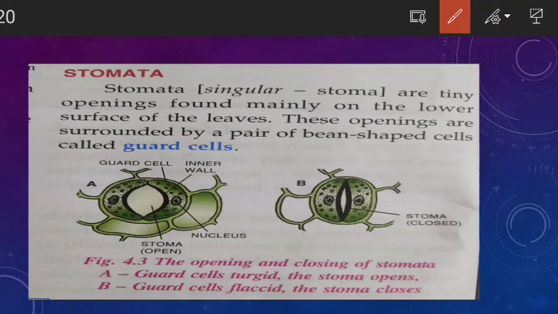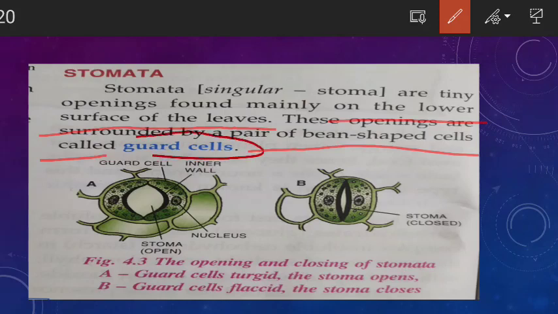Stomata are tiny openings found mainly where? On the lower surface of the leaf. So this line is important. Stomata is found mainly on the lower surface of the leaves. And these openings are surrounded by a pair of bean-shaped cells. And what is the name of those bean-shaped cells? Guard cells. Clear? They are called as what? Guard cells. Okay, you can see here, it is bean-shaped. Clear? Now next,